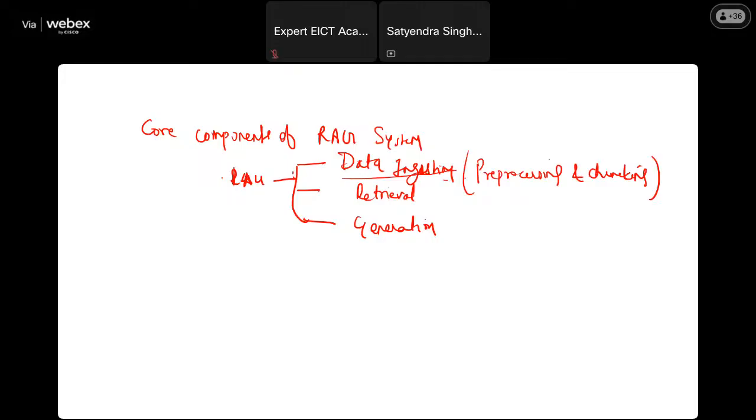Basically, in this phase, what happens? It gathers and processes your source documents into manageable pieces. So it's not that you gave a PDF or collected raw data from web sources, and it directly uses that data. It performs some pre-processing tasks, and it splits the whole data into manageable pieces called chunks, right? So it starts with data ingestion,